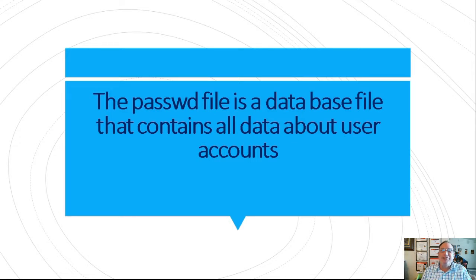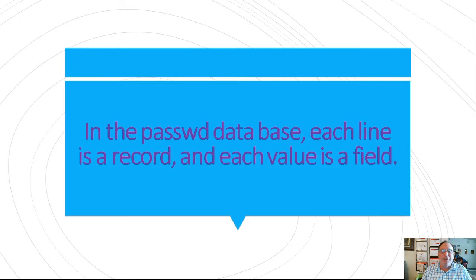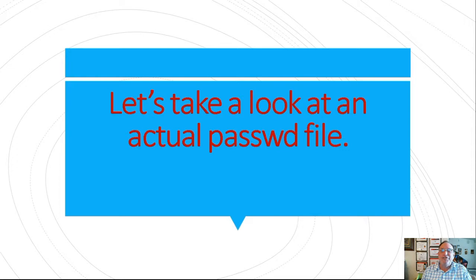Our passwd file acts as a database that represents all the user data associated with daemons, processes, and accounts. In the passwd database, each line is the record and each value on a line is a field. So let's fire up our virtual Linux computer and take a look at an actual